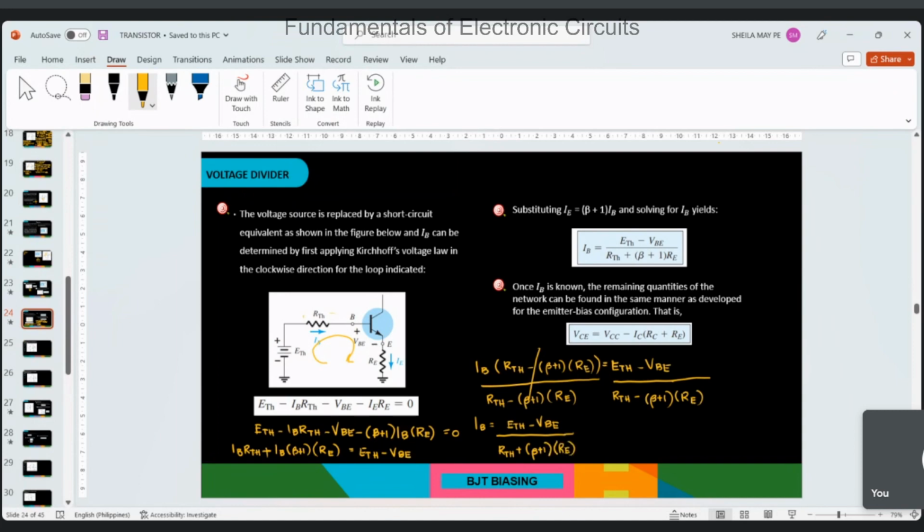And it is the same with this one. Now, once IB is known, the remaining quantities of the network can be found in the same manner as developed for the emitter bias configuration. That is VC equals VCC minus IC RC plus RE. Ganun na ana siya, miss. Okay. Now, in here,